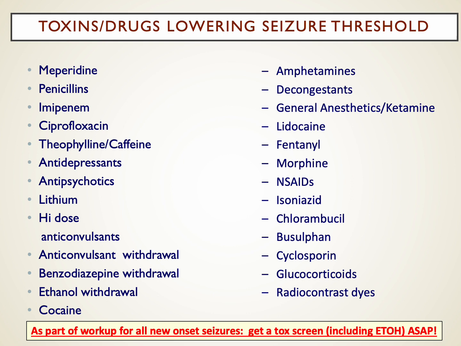So when a person comes in with a new onset seizure, one of the very first things we look at is getting immediately a tox screen and to get a good history to determine if any drugs that could lower seizure threshold have been initiated, or if a drug that is suppressing seizure activity is quickly withdrawn.